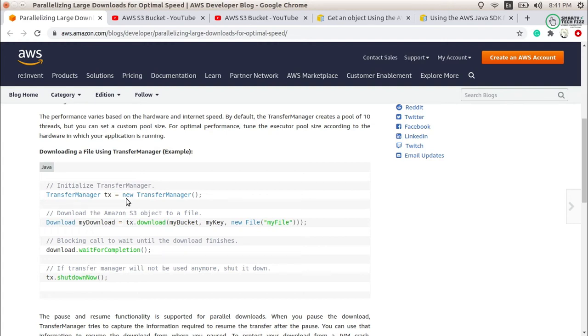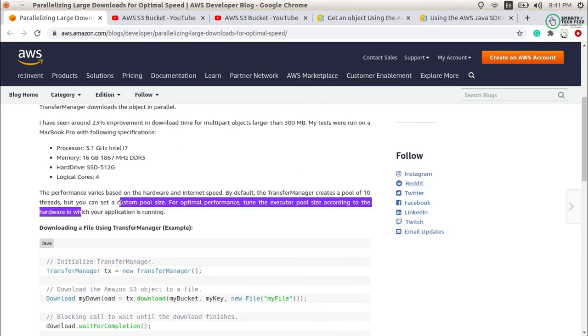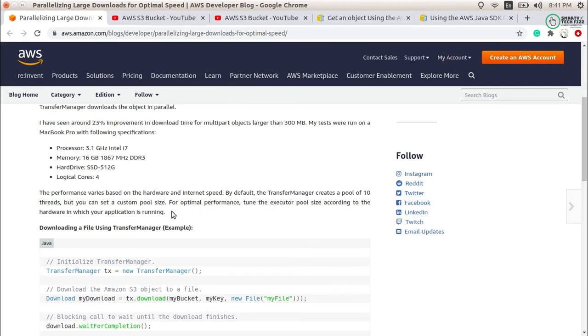So we should use the good methods already provided by AWS, and you can even increase the number of threads. You can set a custom pool size as per your convenience.